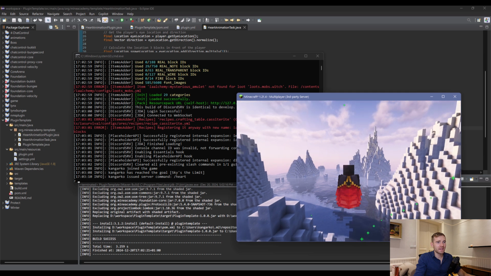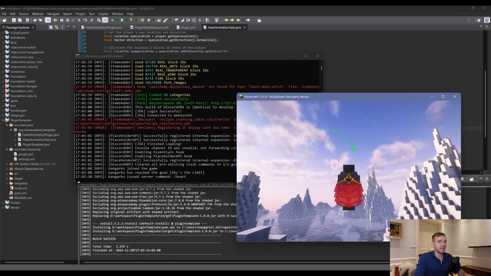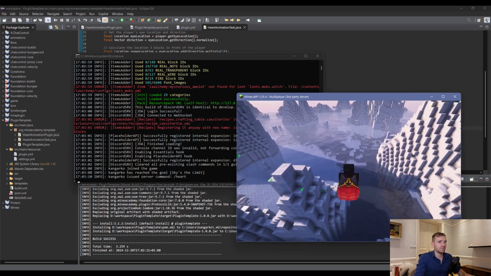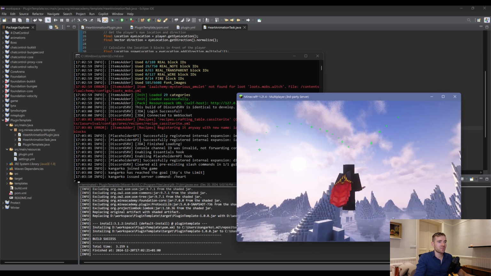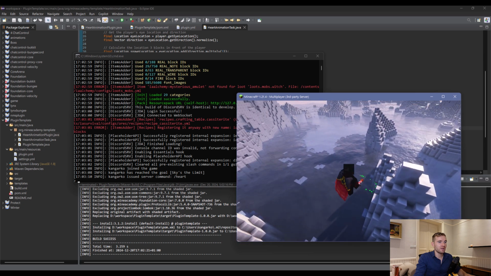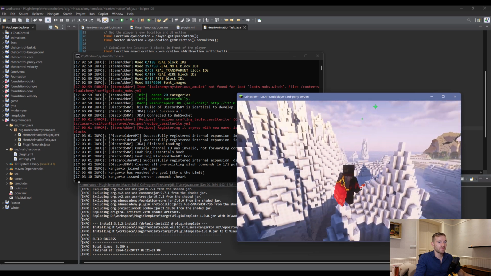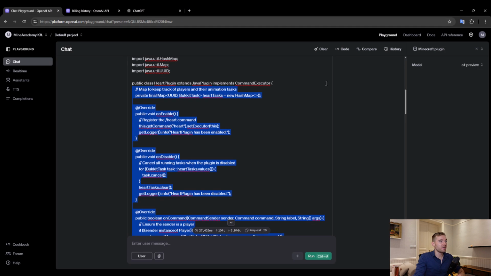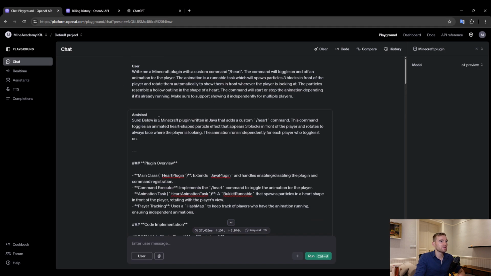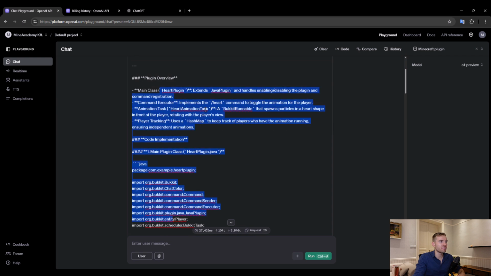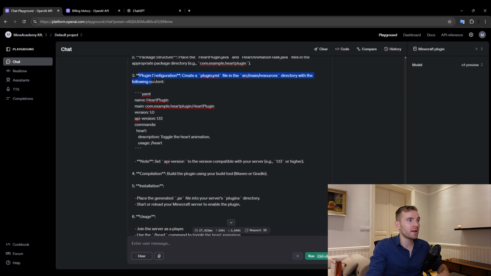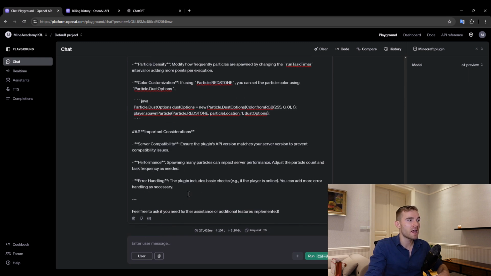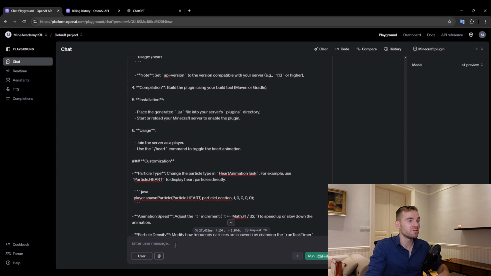So inside the game, I did type heart, and it looks like the shape is actually bigger. It looks like a heart, but then the problem is, again, it does render it one at a time. So we would need to go back and forth, but it looks like it's a bit better. This model performs more thinking, so it can correct itself before you need to speak with it. Anyways, it also gives you the plugin configuration. Okay, so it seems more robust. But again, this is also because you can't really give it instructions and then save this as a preset.